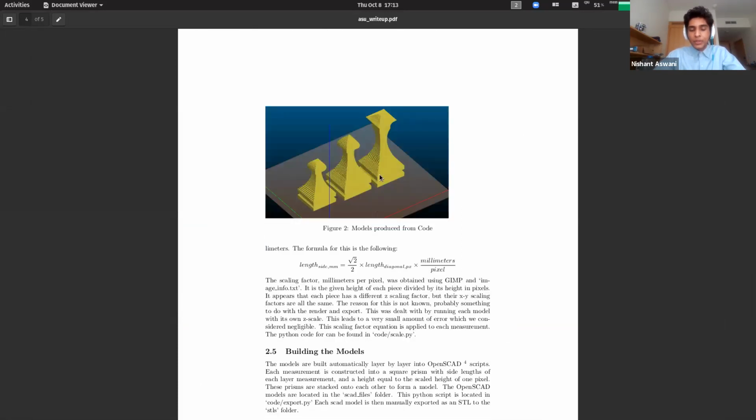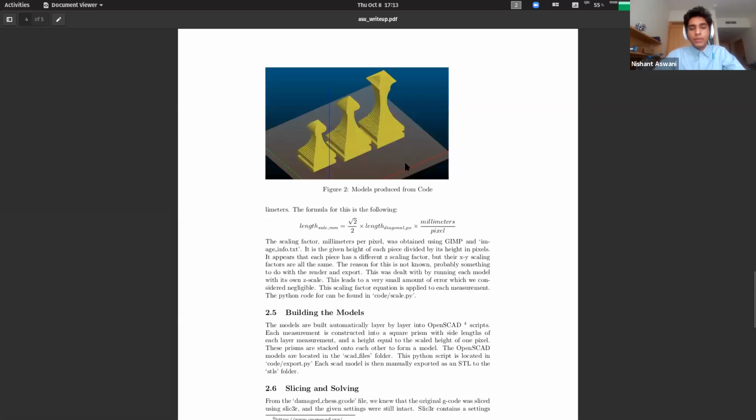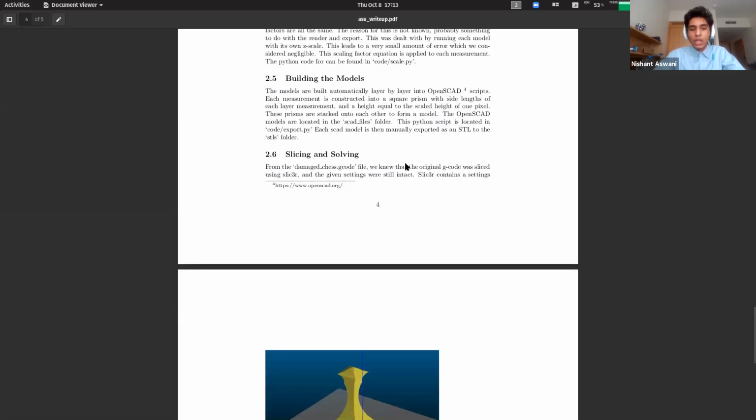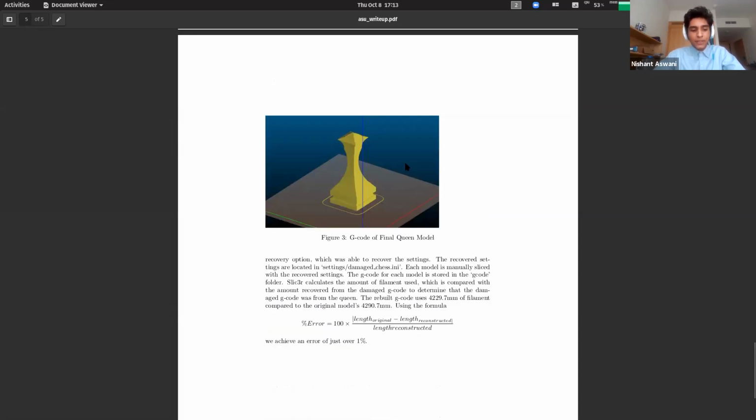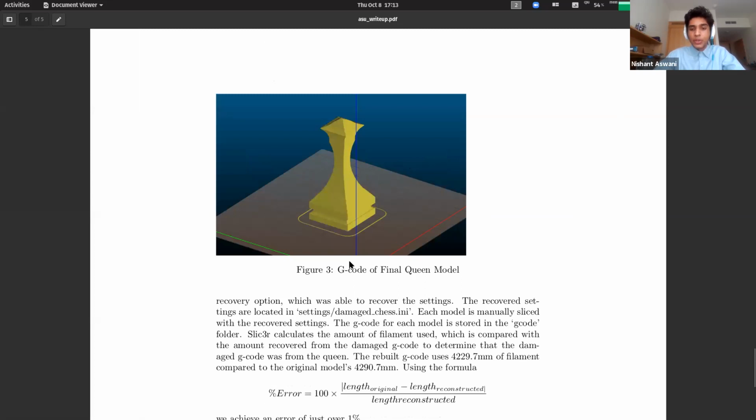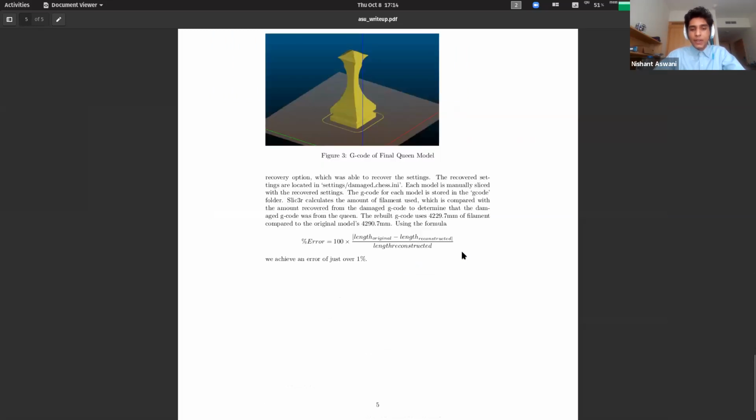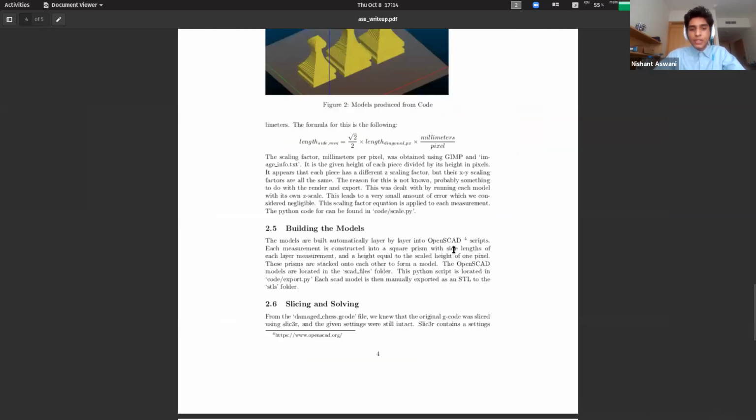And they were able to reproduce all three pieces because they were rather symmetrical. They were symmetrical pieces, so it was relatively simple to recreate from the image. And they finally realized that it was the G code of the queen model that had been chopped off from the top. And I think that was creative because they were at one point able to look at the damaged G code file and notice that some of the header information, so that's one of the themes we had, was